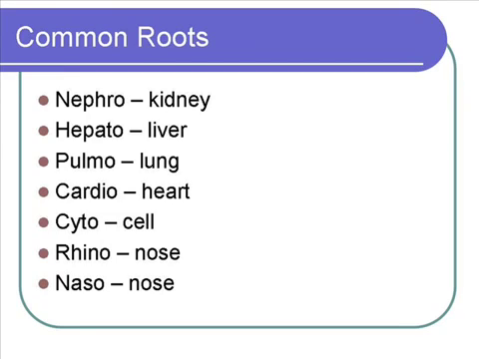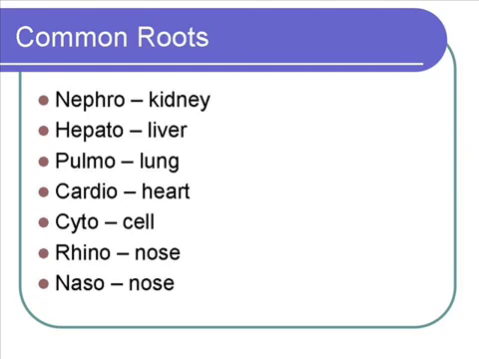Cyto, meaning cell. I believe at the beginning of the lecture I mentioned osteocyte, which is a bone cell. And then I have two roots here that actually mean nose, rhino and naso. And sometimes that can happen. I put them both on there just as an example that there's not always one word or one root that